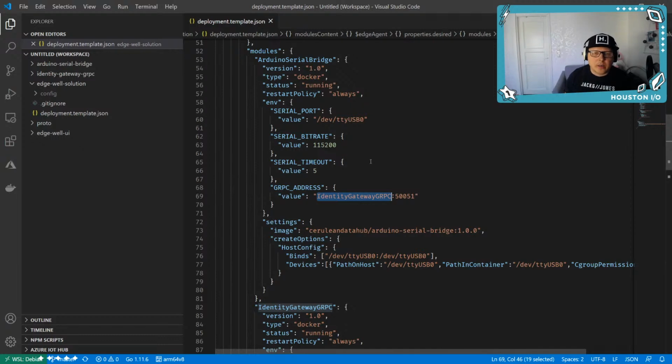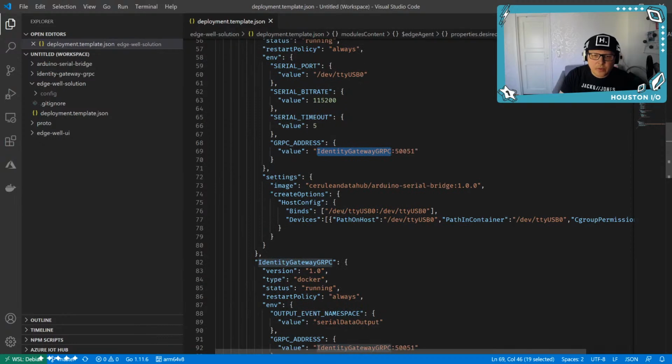So they share an IP address range, on the same network. So you can just refer to the name, and the internal DNS tells us what the internal IP address of that service is. So we can then know that the gRPC server is here and define the gRPC address in this module here,